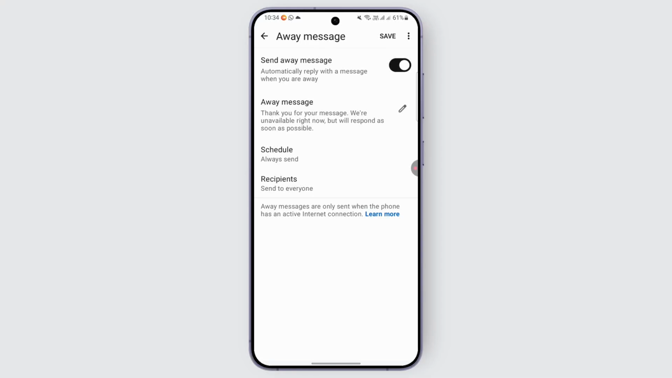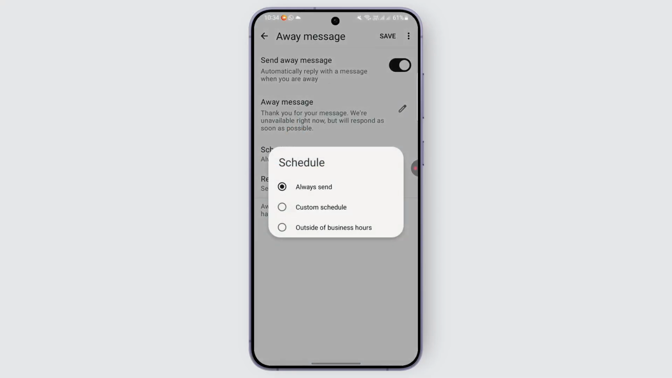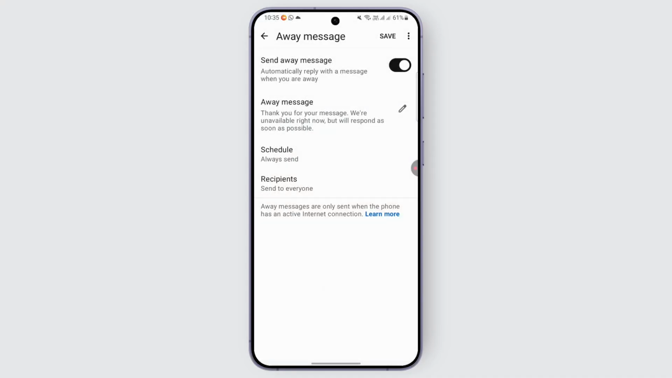You can tap on schedule if you'd like to schedule it, like if you want to always send it, set a custom schedule, or send it outside of business hours. After that, you can select the recipient as well. Let's select everyone for ease. And once you are okay with it, you can tap on the save option in the top right corner